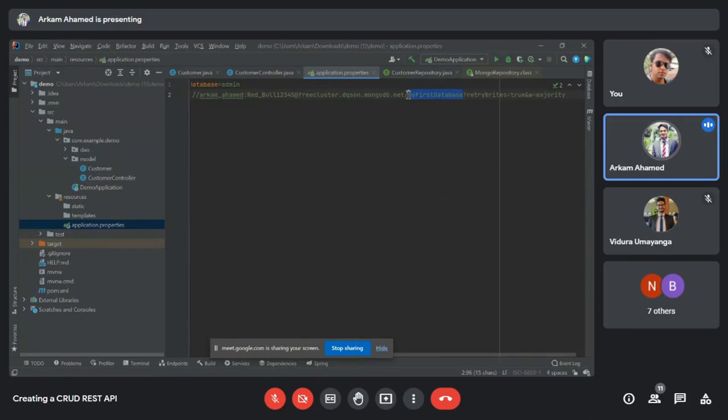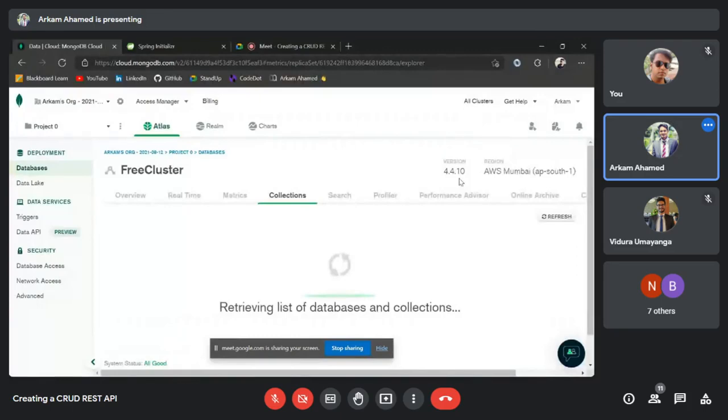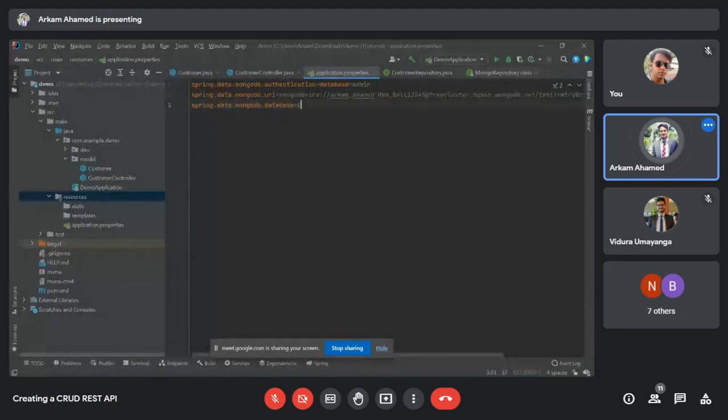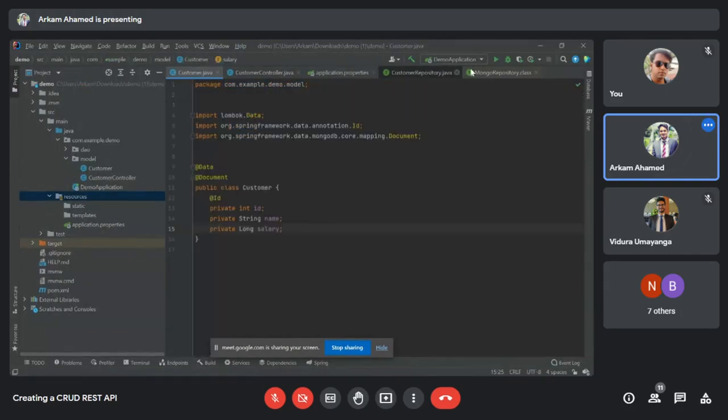And the database name, which is this one and not this. This is the collection name, so this is the database name. So customer DB. It's case sensitive, so you have to type it correctly. So that's done. So everything is done. So let's run our application.